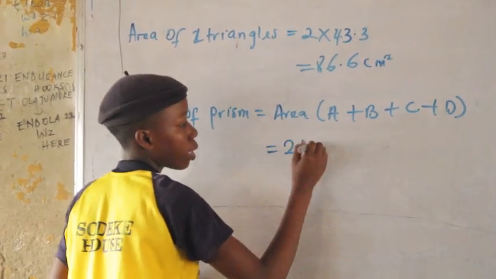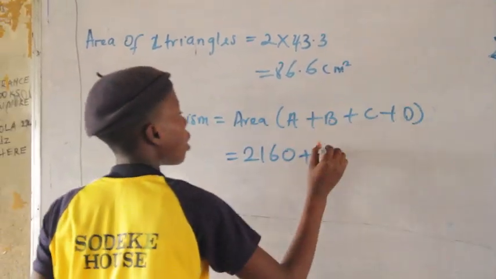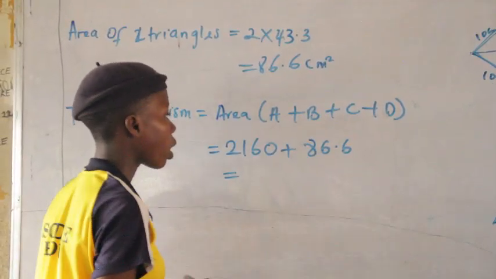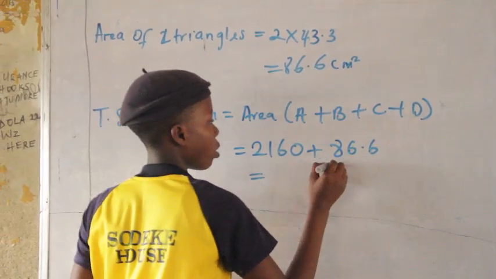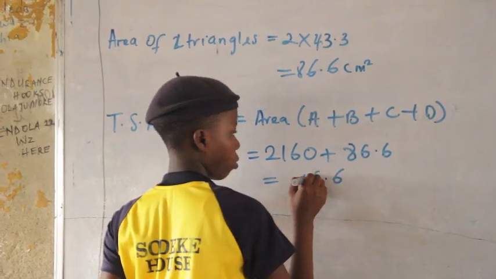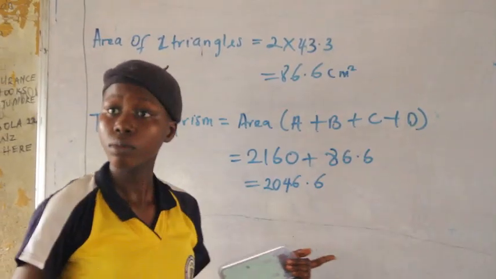It's going to be 2160 plus the area of D times 2. D is 86.6. It is going to be 2246.6